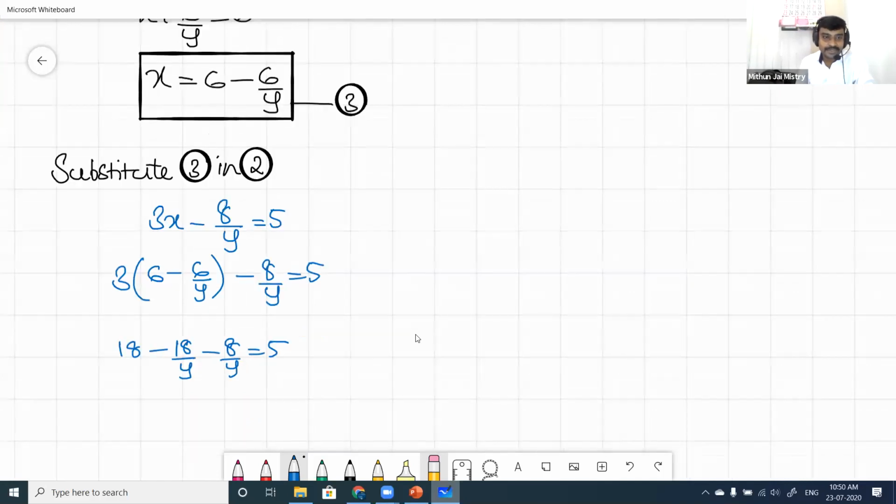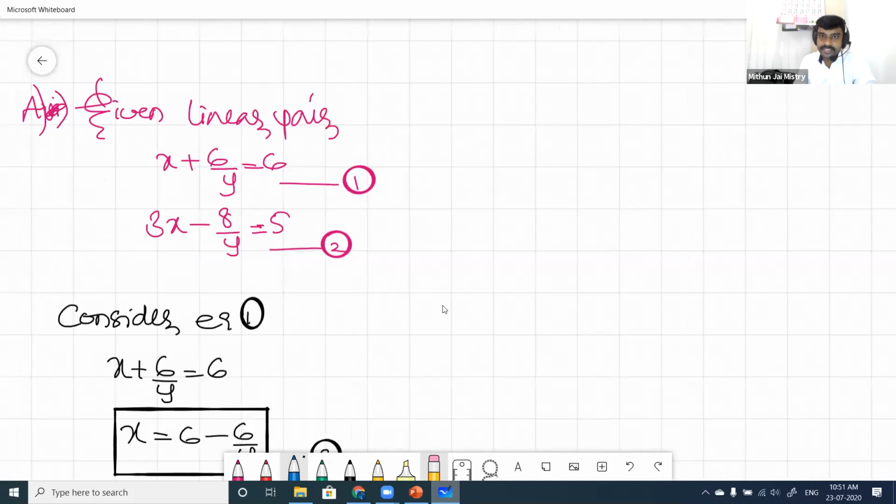So here what I can do is, instead of troubling yourself, first take this 18 that side. You will get minus 18 minus 8 by y is equals to 5 minus 18. How? You sit and think. These two are like fractions. So by y, this will be transforming as what? Minus 18 minus 8 is minus 26. So let me write here, minus 26